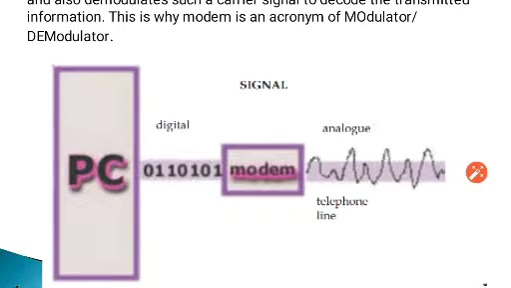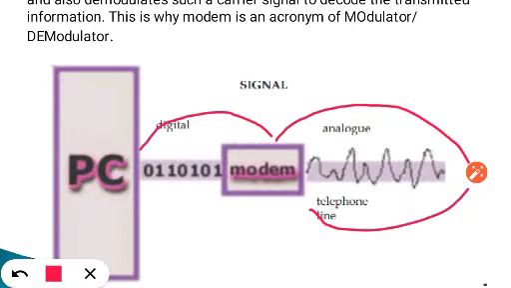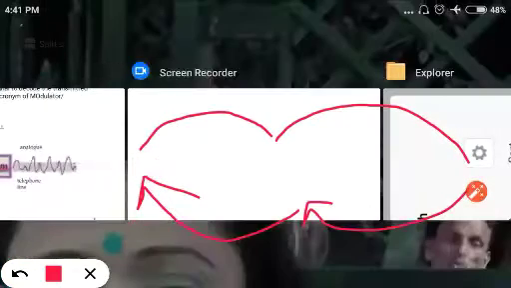So you can see in the diagram, from the PC the digital information is being converted to an analog signal, with the help of telephone lines. Or in the opposite direction, the analog one is converted to the digital one with the help of the modem. So it is actually converting the,